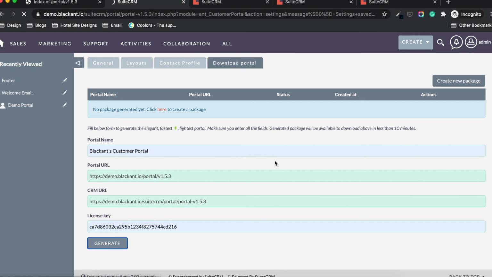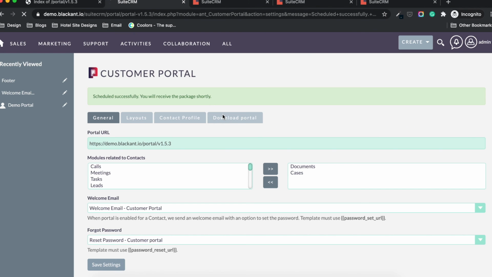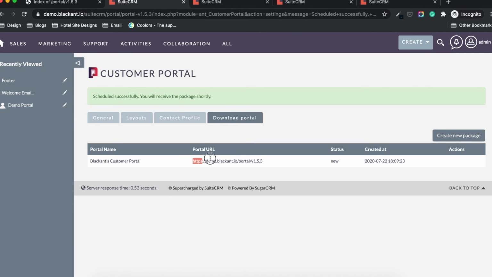Once you submit the form, it will be scheduled and a package will be generated against this specific URL.